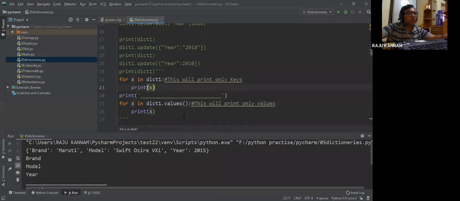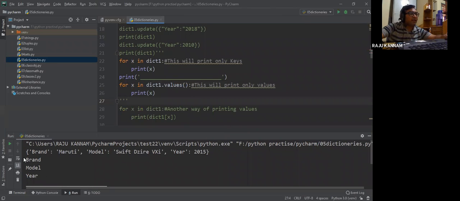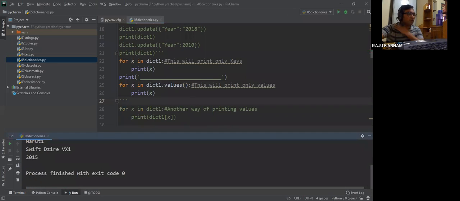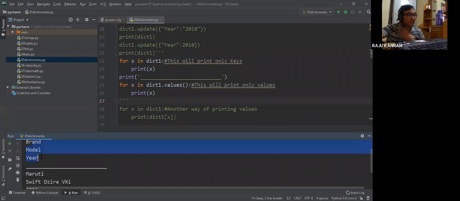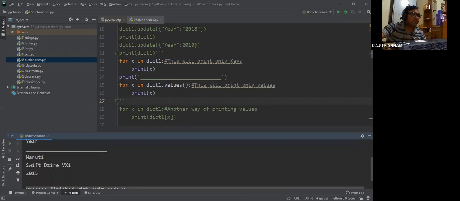So if you refer to every element, that is the name of the key. If you want to print the values, we have to use the method values. Now I am getting keys separately and values separately, right? I don't want to do it like this. I want to print both key and values.